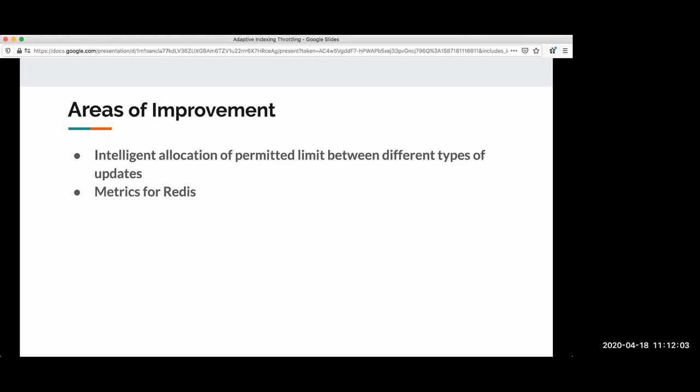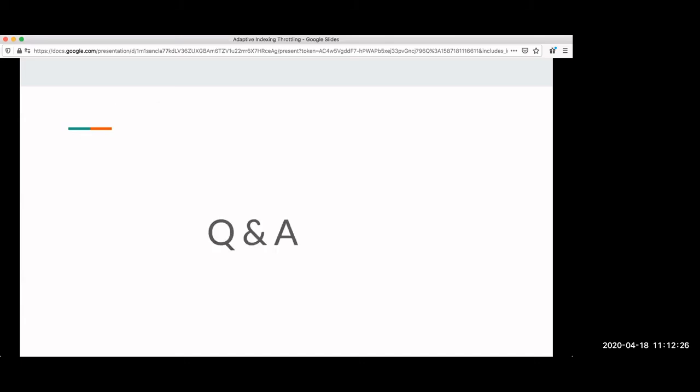Apart from that, we have deployed it to production for Myntra, and it has been doing well for at least one year, and it has seen a lot of sales, and we didn't have to do any manual scheduling for different teams. We didn't have to worry that if we get heavy indexing updates, our reads will suffer. All those things this is able to handle. So I think that's it from my side, and I'll open it up for questions.